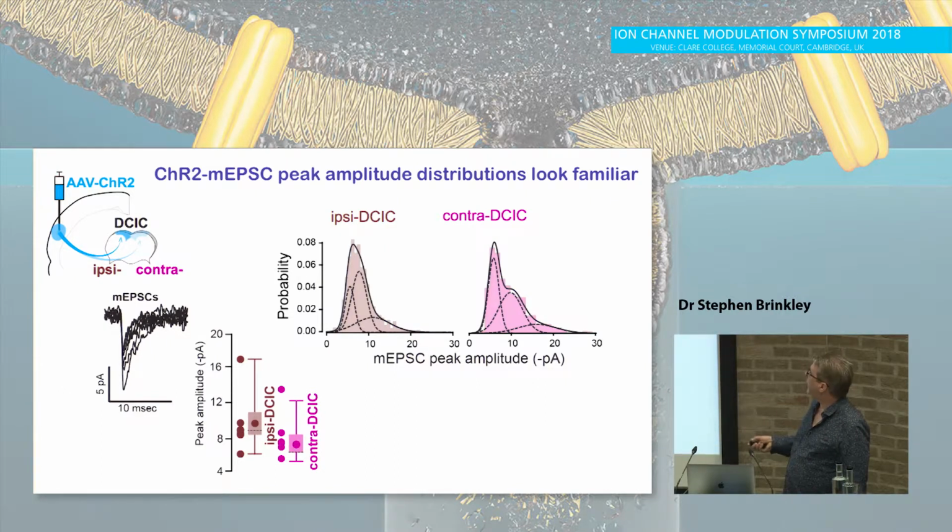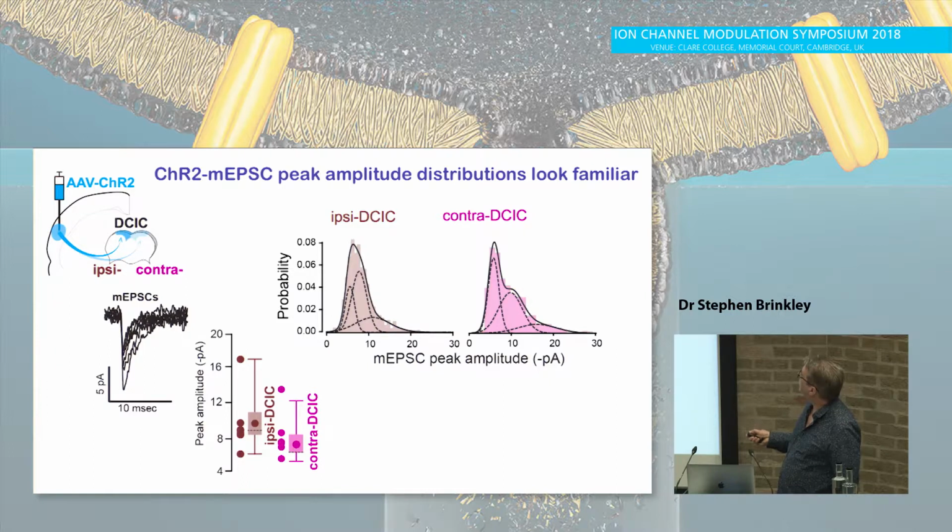And we can measure the amplitude distribution of these minis, and we also see a similar three-peak distribution in the mini distributions. Nothing in the average peak amplitude between the two of the minis. I showed you the evoked channelrhodopsin responses, which were different, but the underlying quantal events, on average, were not statistically significant in terms of their average amplitude, but the distribution of the small, medium, and large events was apparently different. In a similar way to the mGRASP data. A larger proportion of large synapses.